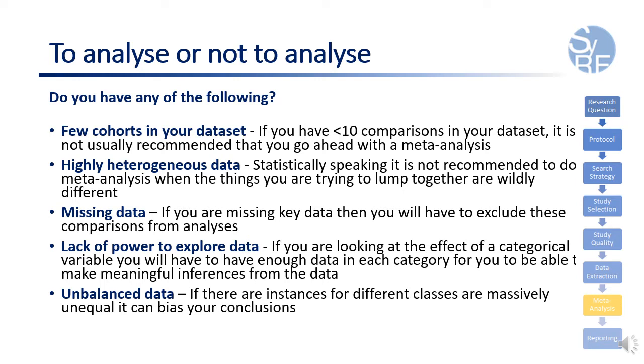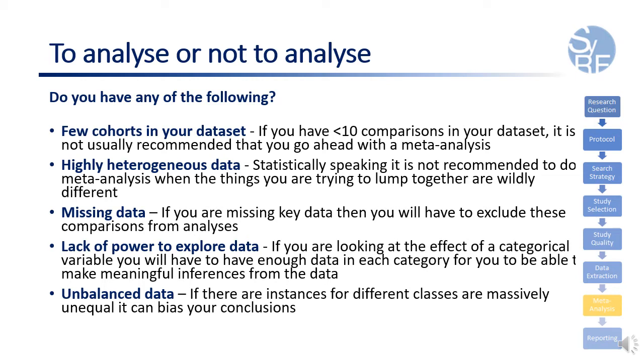Secondly, if what you are trying to lump together is wildly different, it may not be appropriate to include in the same analyses. You can and should perform separate analyses if, biologically speaking, you are looking at very different things. For example, it is not advised to lump together behavioral outcomes and biochemical measurements. More simply, performing a meta-analysis requires some key data, and if these are missing, you won't be able to include these data in your quantitative summary. These values may in some cases be imputed, but in many cases you will just have to exclude the comparisons with missing information from your analyses.